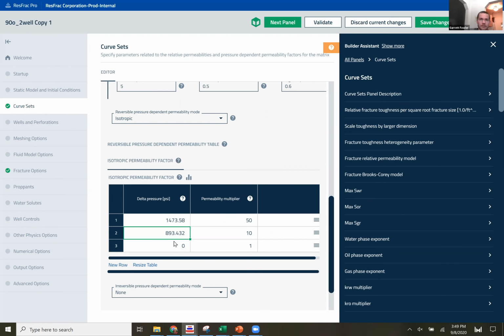When a matrix element sees a pressure that is 893 psi higher than its original pressure, the permeability is multiplied by 10. And so, no, we don't actually think permeability in the rock is increasing by a factor of 50,